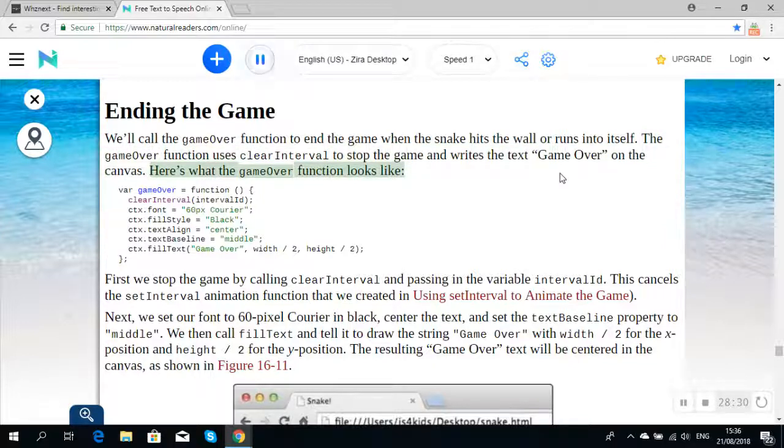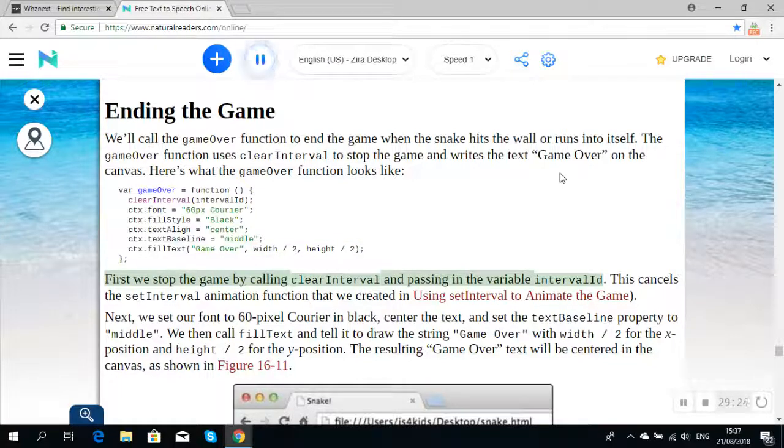Here's what the gameOver function looks like. var gameOver = function () { clearInterval(intervalId); ctx.font = "60px Courier"; ctx.fillStyle = "Black"; ctx.textAlign = "center"; ctx.textBaseline = "middle"; ctx.fillText("Game Over", width / 2, height / 2); };